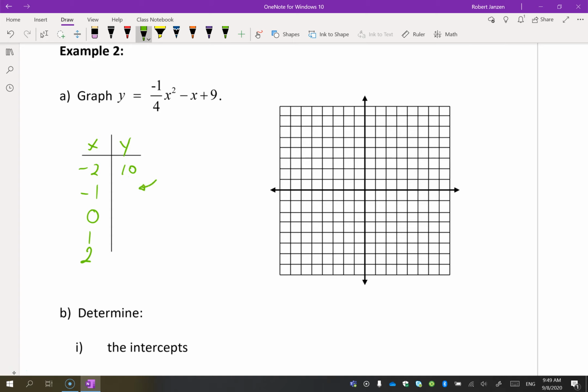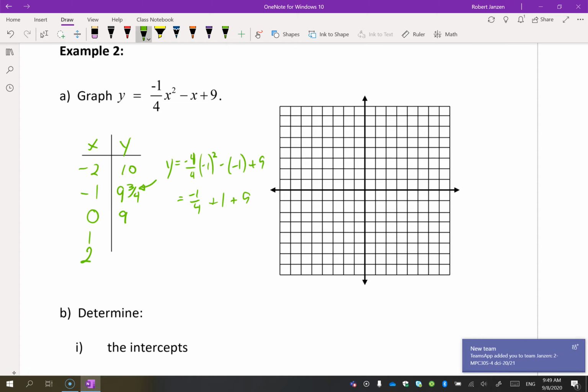Let's do this one actually. We'll actually do the math here so you can see. So I have -1/4 times -1 squared minus -1 plus 9. So this is going to be -1/4 plus 1 plus 9. So that's going to be 10 minus 1/4. So that's 9 3/4. If I put in a 0, I'm going to get 9. Okay, and if I put in a 1, I'll get